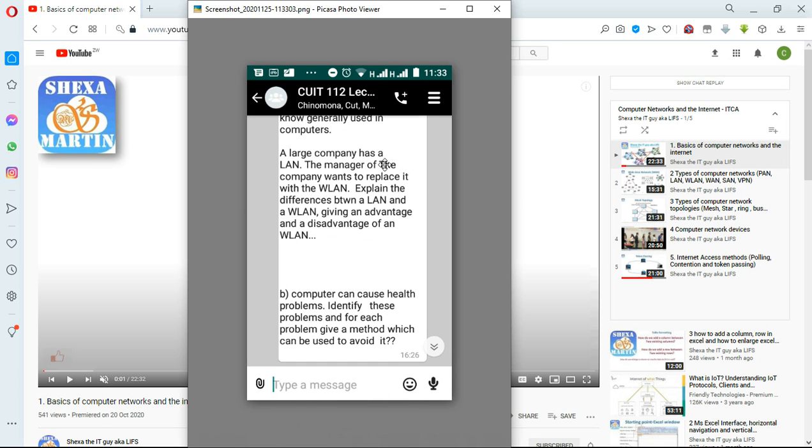So a large company has a LAN, which is a local area network. The manager of the company wants to replace it with a wireless local area network. Explain the differences between a LAN and a WLAN, giving an advantage and a disadvantage of a WLAN.